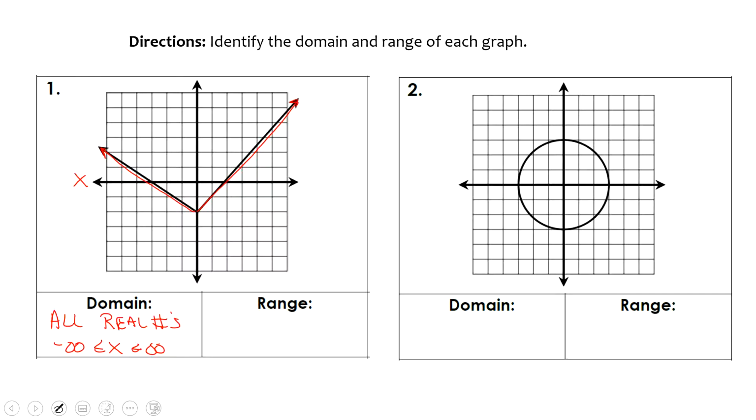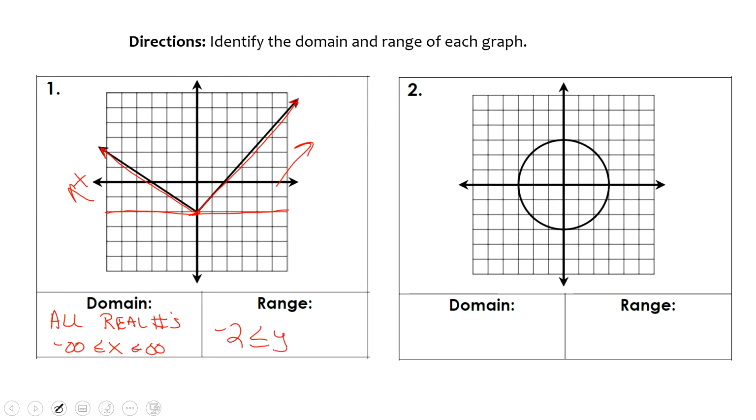The range, though, we look at our range value. We're not going any lower than -2 because the graph doesn't go below there. The lines are pointing off to infinity in the positive upward direction, so we're only going to get to -2 because that's where we stop. So here my range is going to be